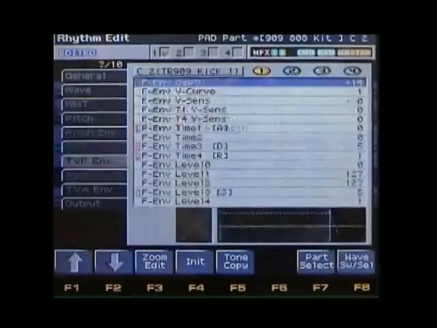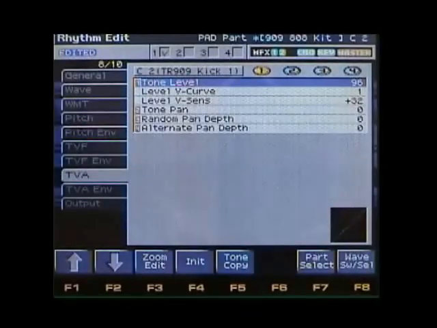Another one you'd want to pay attention to is the amplitude, and this often controls how loud the kick drum will be played whenever you press the key. Right now we can turn this up to a value of 127, and you can see it gets a lot louder. I'll go ahead and set this back down to what it was originally. And then also